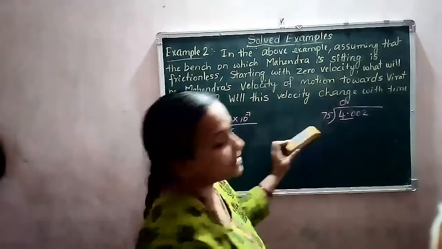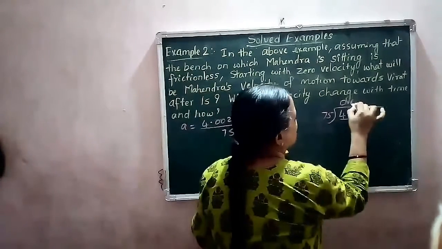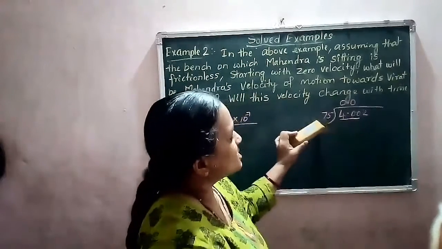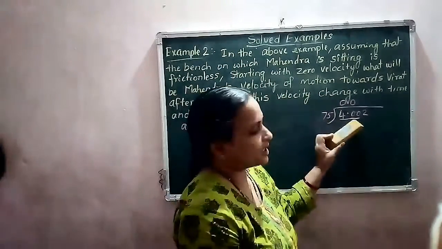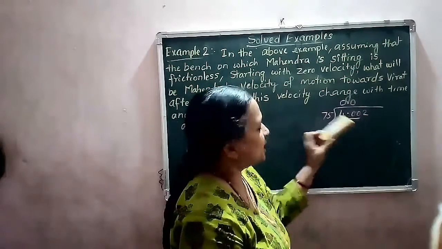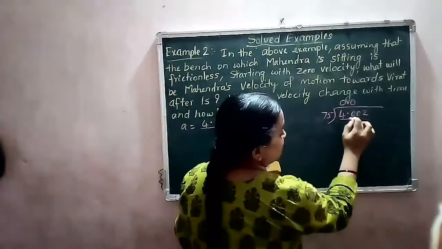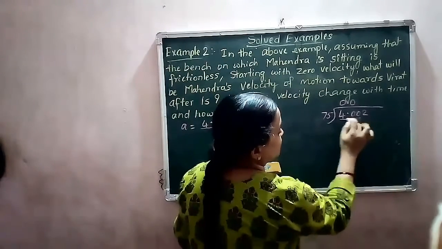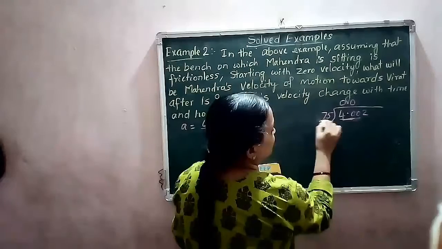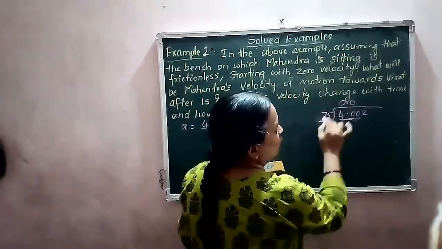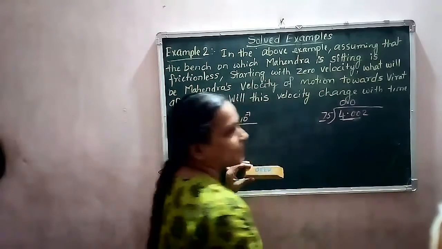40 is also less than 75. So, put one more 0 here. Now, you are getting 400. You have to divide 400 by 75. Let us consider 2 digits of this one, that is 40, and 1 digit of this one, 7. How many times is 7 in 40?